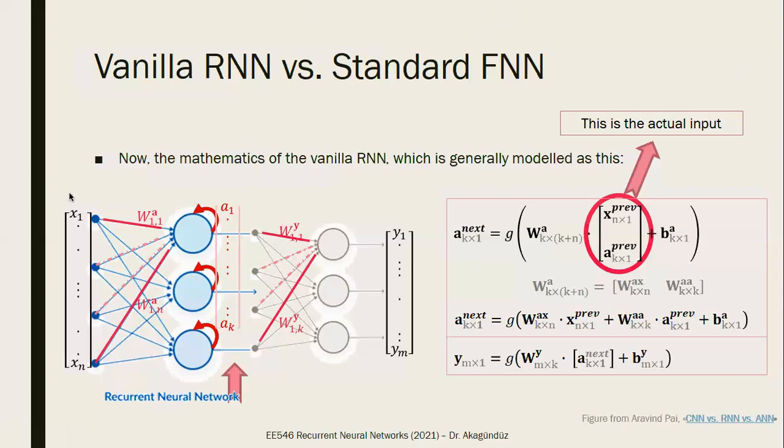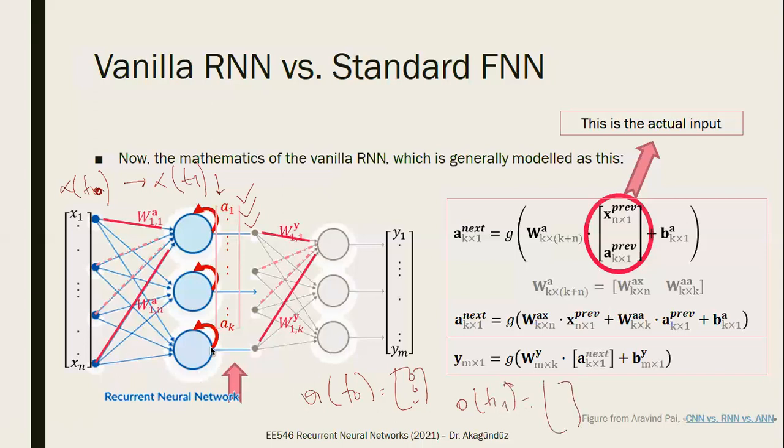Okay. So the first thing I fed was x at t0. Then I fed x at t1, which is also a vector of n. The next time I'm feeding it, this guy will change again. So I'm going to be talking about something like a at t0, which was all zeros. Then the next one, a at t1, which are some values. And as you feed an input, those values are evolving and changing. Actually, those are my states. And those are my memory. So I'm going to keep this concept of memory with these hidden states.